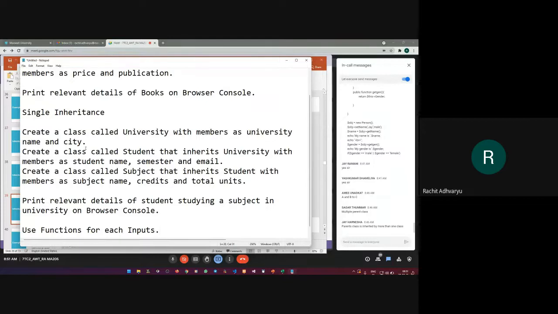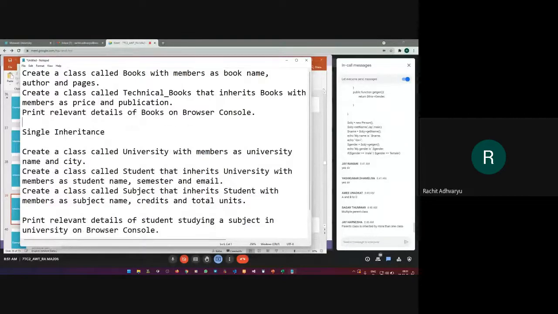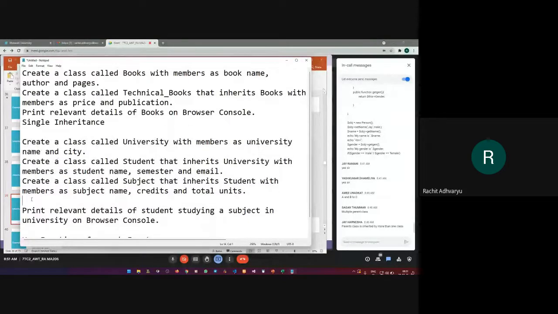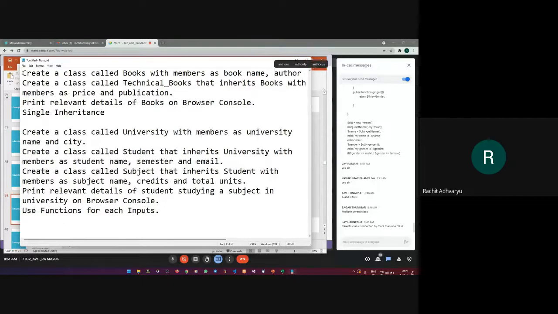These are the two programs that you need to do. The first one is this one, and the second one is this one. This is 1 and this is 2.